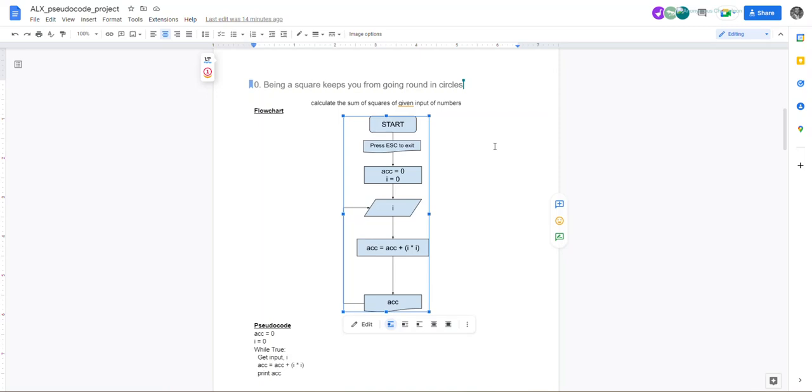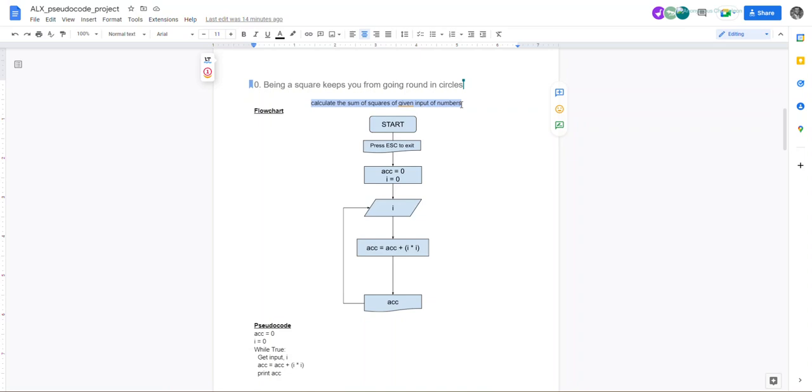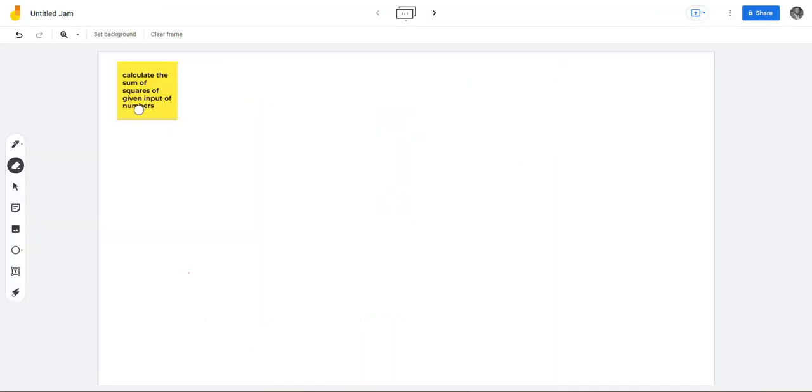Okay, hi. I'm going to quickly try to explain this particular flowchart on how you calculate the sum of squares of a given input of numbers. Let's open a random whiteboard. If you think about it mathematically, you want to design a program that, once you enter any input, let's call it x,